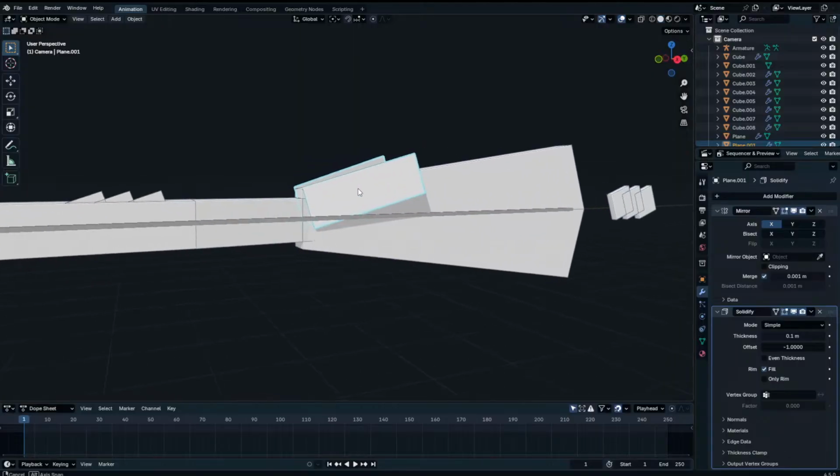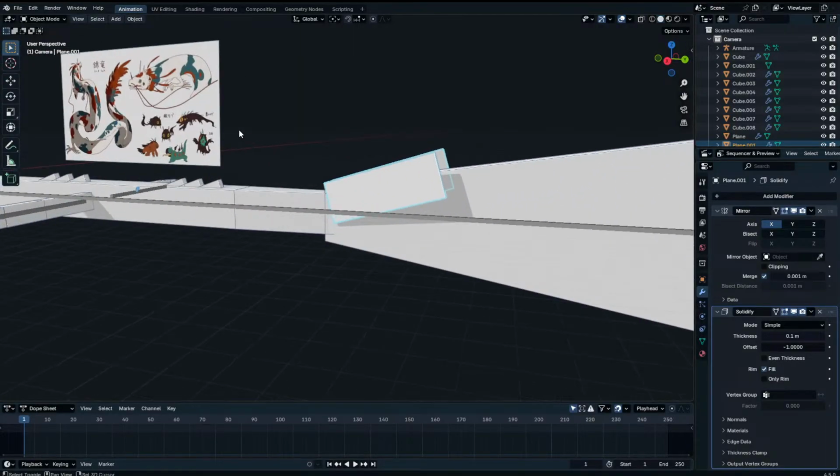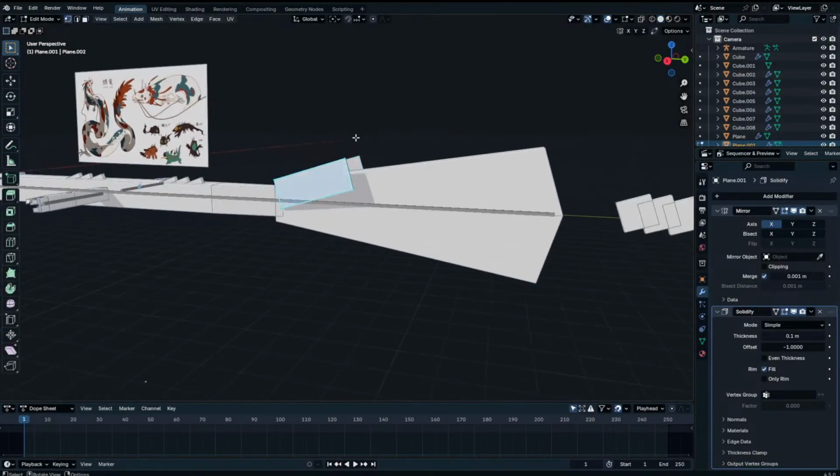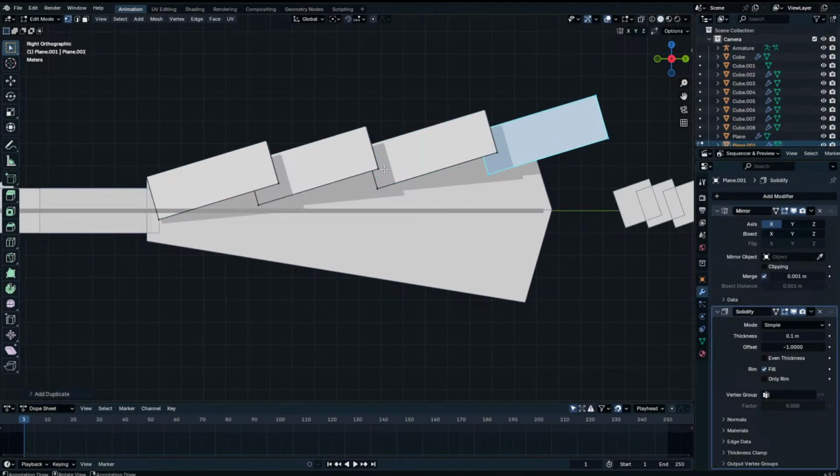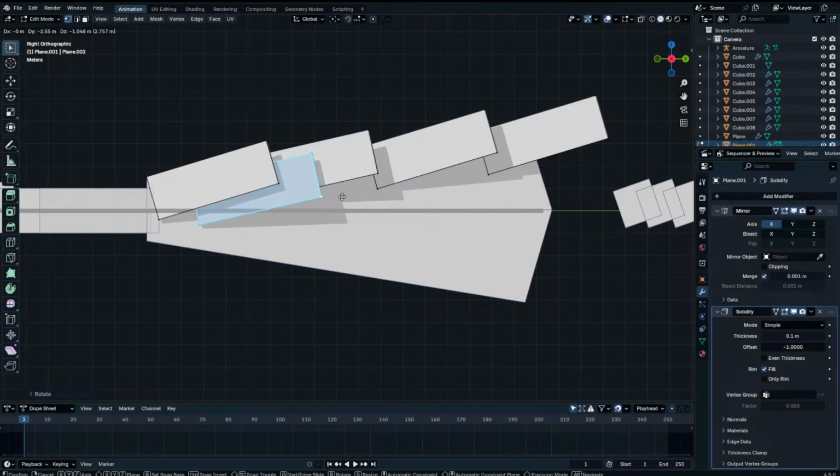Now, let us make this thingy. I do not know how to do this, but we're gonna figure it out. So I'm just gonna keep on duplicating over and over. This, rotate, rotate again,